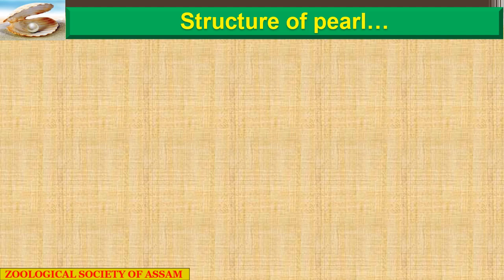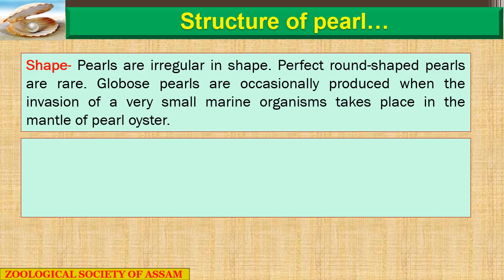Let us continue the structure of pearl by discussing the shape, size and color of the pearl. Shape of the pearl. Pearls are irregular in shape. Perfect round shape pearls are very rare. Globose pearls are occasionally produced when the invasion of a very small marine organism takes place in the mantle of